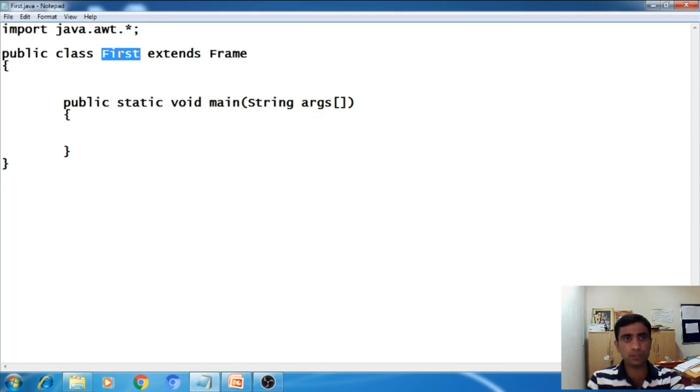The name of class is first, and it now becomes a type of a frame class. So when you create object of a frame class, first is a class, and the type of first class is what? Frame. So I will write here first f = new first(); semicolon.